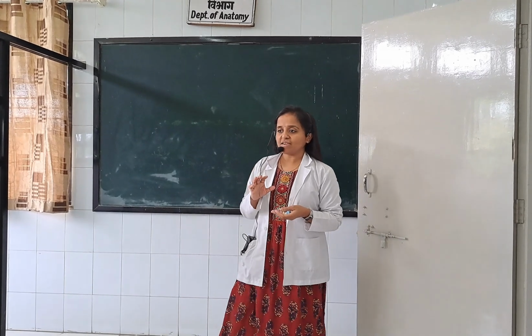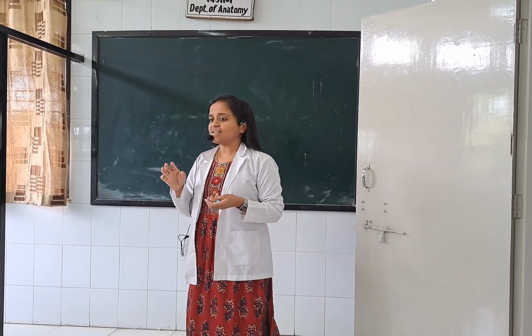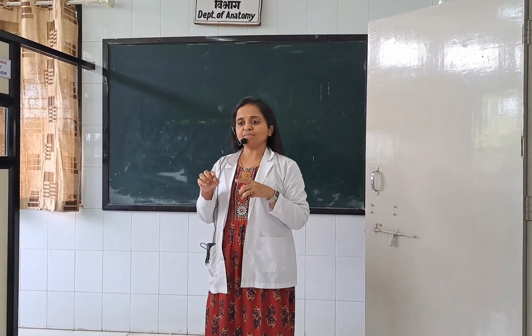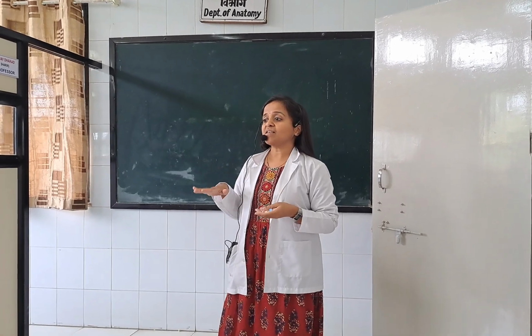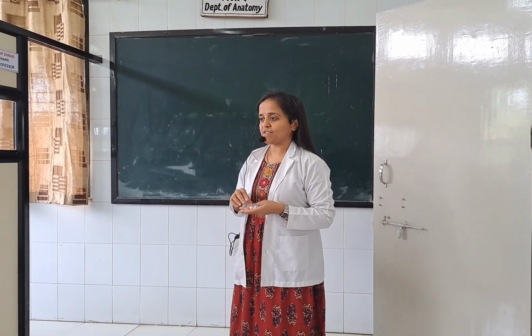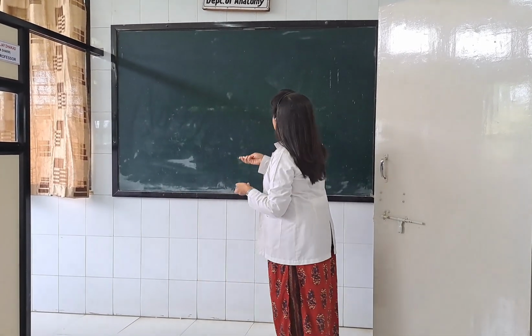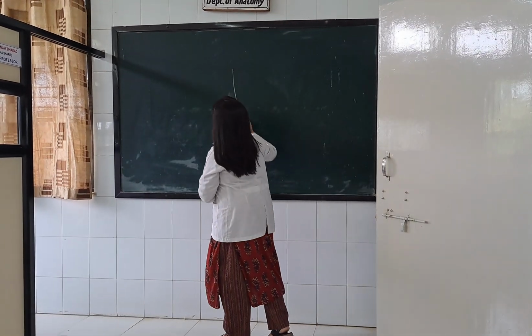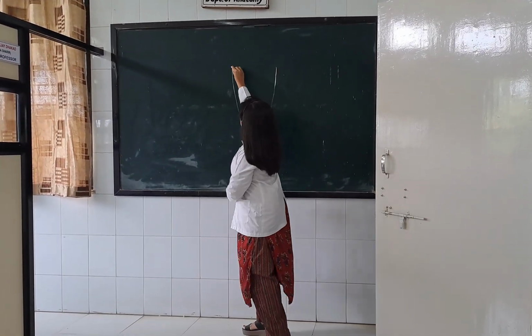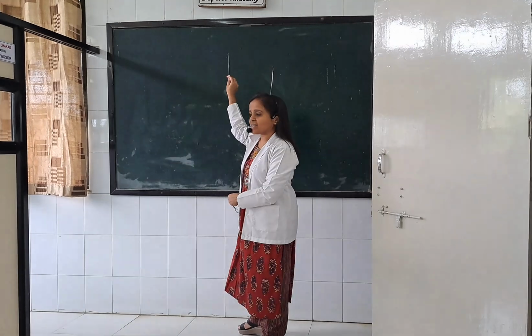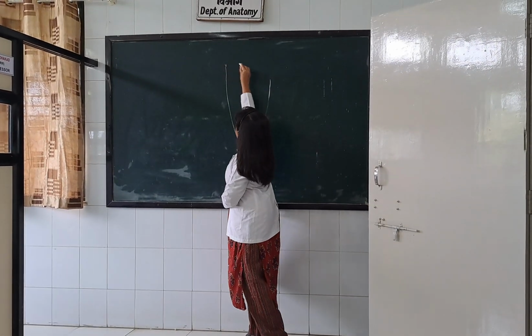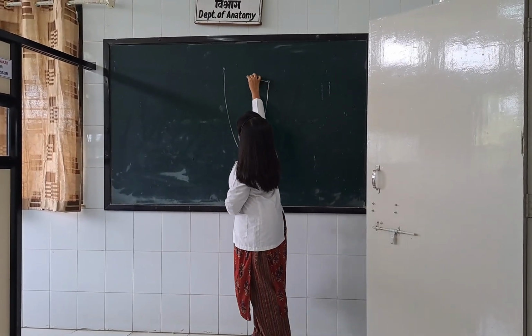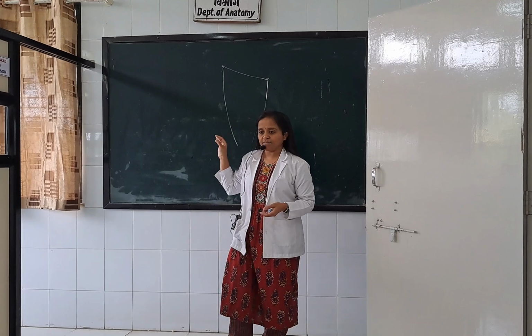To study the femoral triangle. Now the femoral triangle is a triangular muscular space present on the front, upper side of the thigh. So first we will try to represent it diagrammatically. This is the front of the thigh, right? The uppermost margin of this is bounded by the inguinal ligament, right?